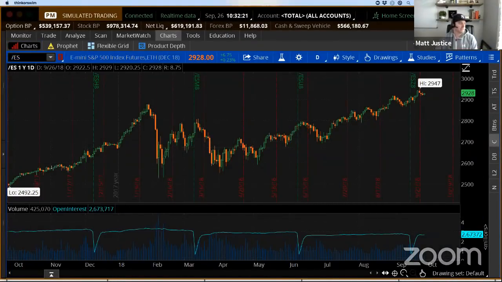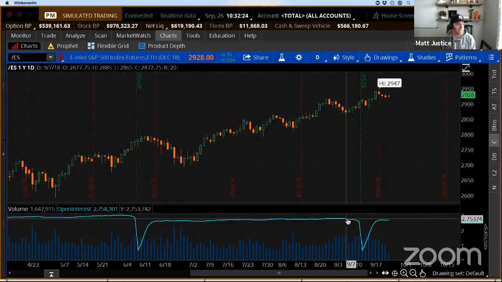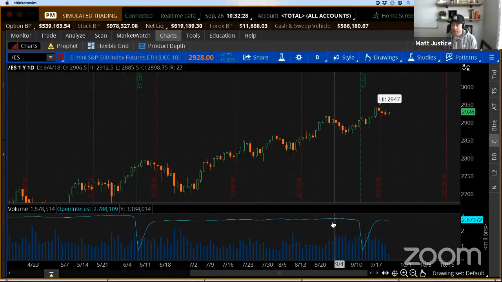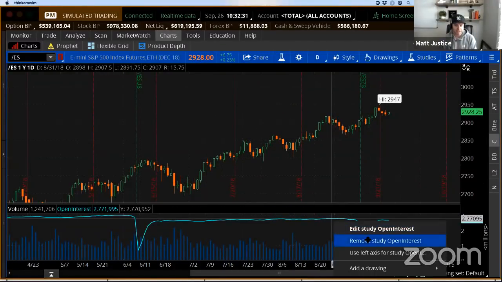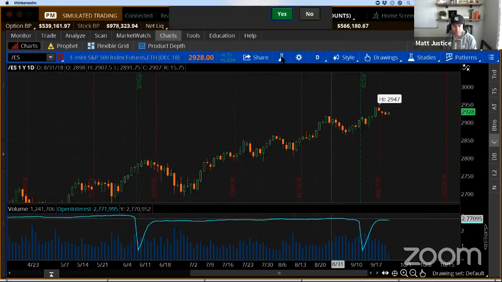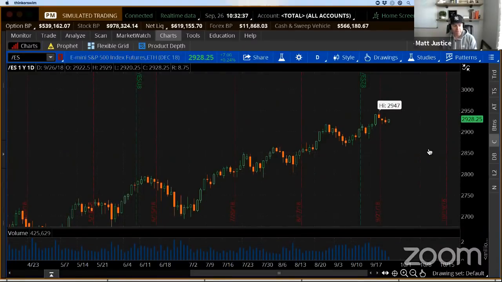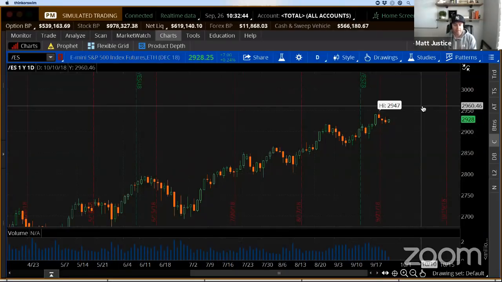I want to talk about something very quickly. If you look at the S&P 500, Noah, thank you for sharing your screen there, the S&P 500 right now has an ATR of about 18 points. The average price movement right now is about 0.6% every single day, from the high of the day to the low of the day, averaged out over the last 14 days. So it moves slightly more than 0.5% a day.